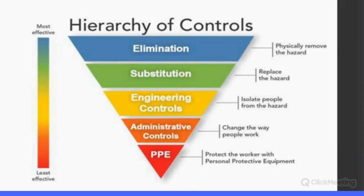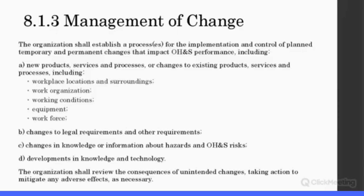So you need to be able to demonstrate how you've considered, can the hazard be eliminated? Can we substitute a less toxic chemical for a really toxic chemical? Can we isolate people using an engineering control? Can we define a work practice or a work instruction that minimizes the hazard? And then finally, what is the required PPE for that job? So this is something that we need to be able to